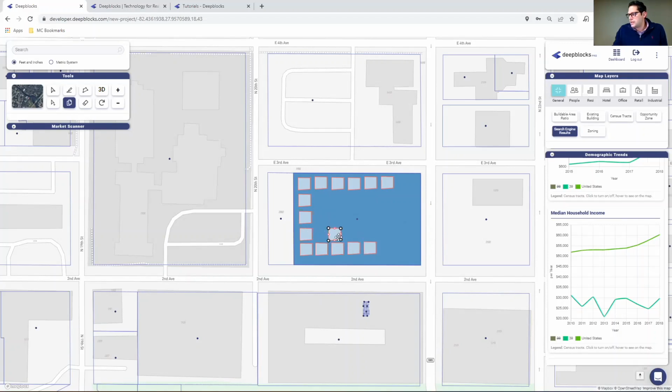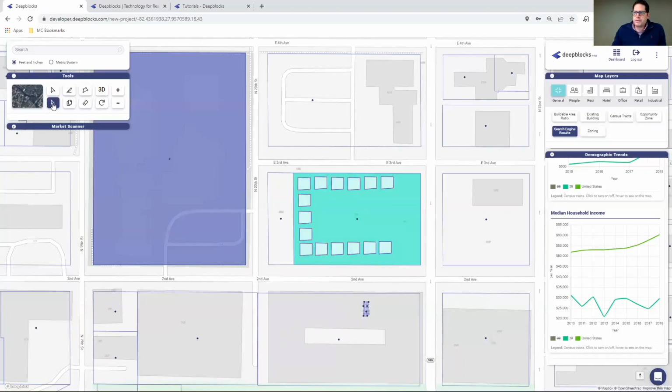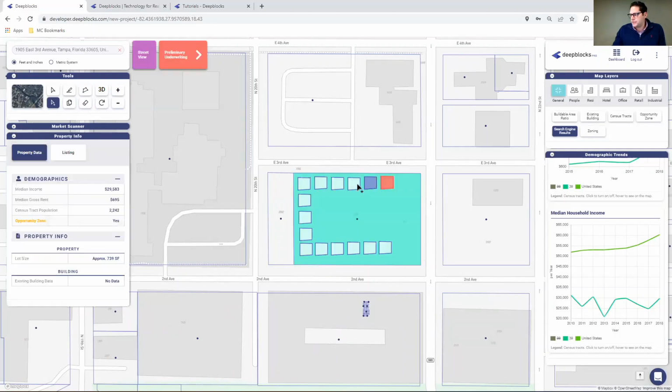And I'm actually going to show you another example that we developed earlier, so you can see it in another setting of sorts. Once you have every parcel drawn out, we use our assemblage tool. We're going to select all these parcels. I believe there's 6, 7, 8, 9. So we have 15 units on this particular